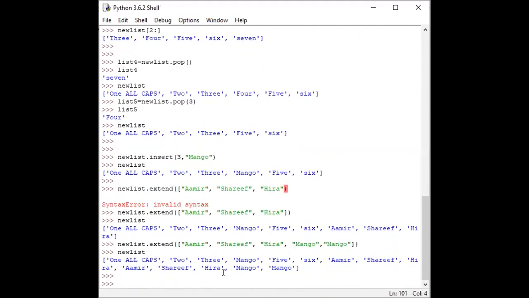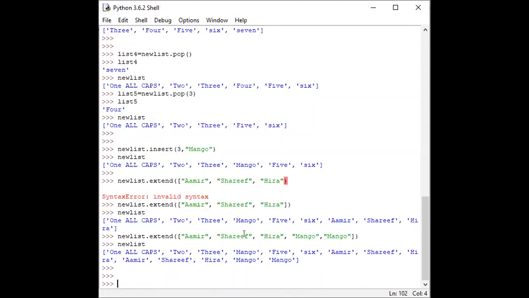Now if we want to count, for example, if we have different similar elements in the list, we can count. For example, you have a list with the staff, faculty, and the students. You want to count the staff members, or the faculty members or students from a particular section. You can use the count operation.